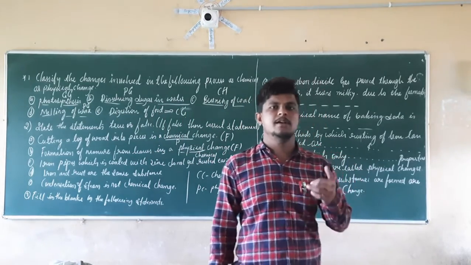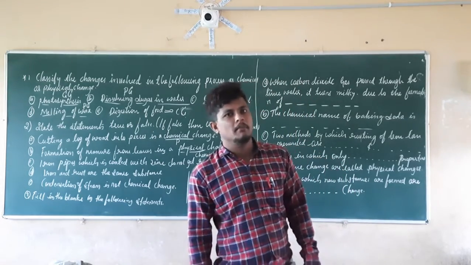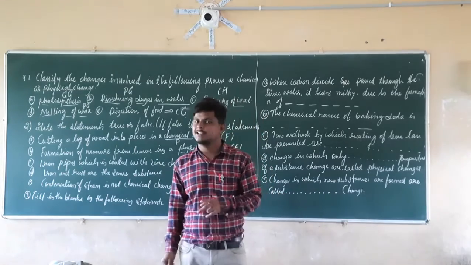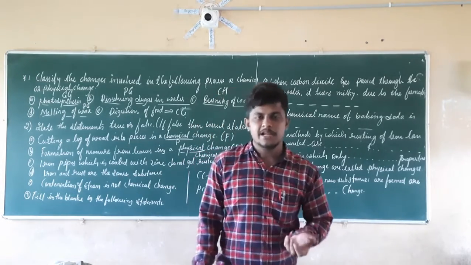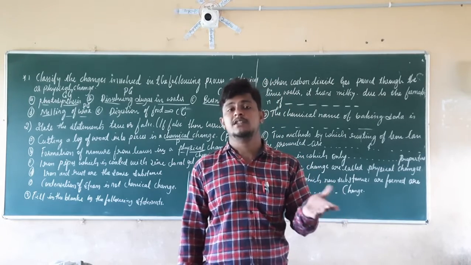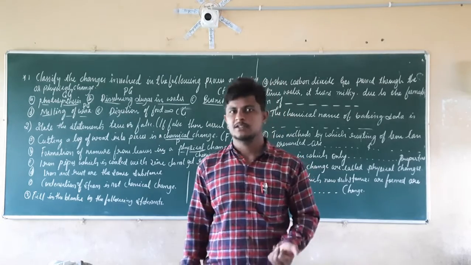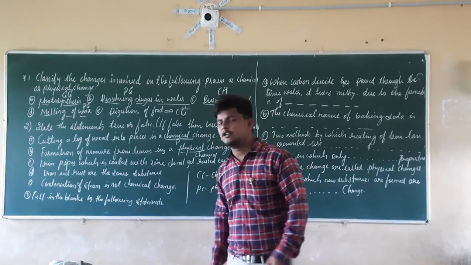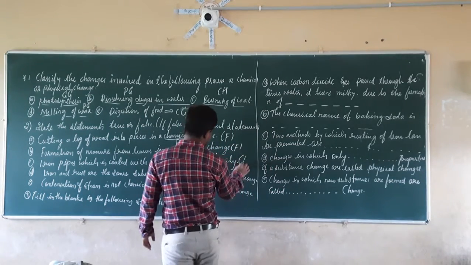If you remember about the rusting of iron, how are we going to prevent the rusting of iron here? By applying a coat of zinc. That process is known as galvanization. By galvanization we are preventing the rusting of iron by applying a coat of zinc on the iron pieces. So is this statement right or wrong? This statement is completely right. So this statement is true.